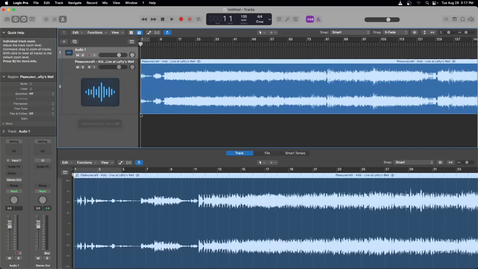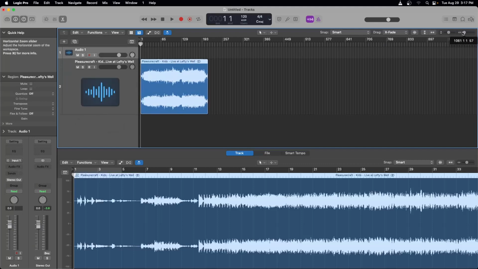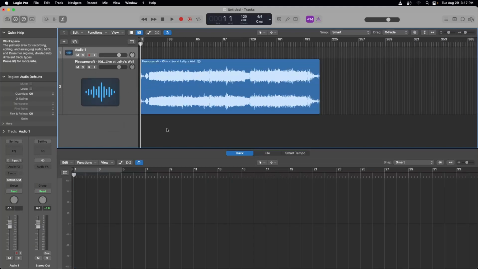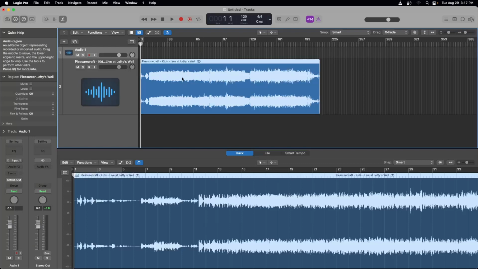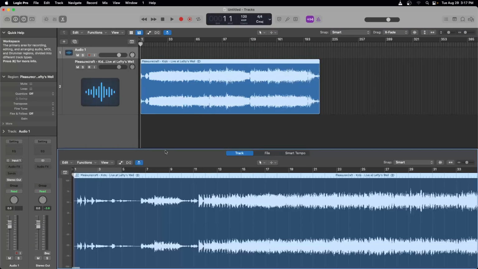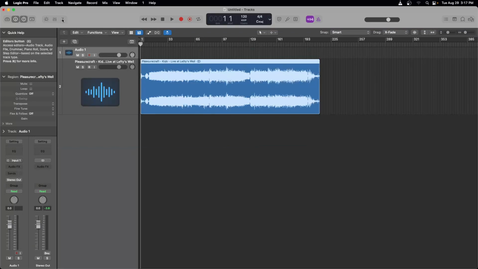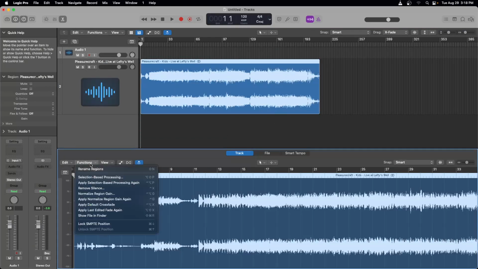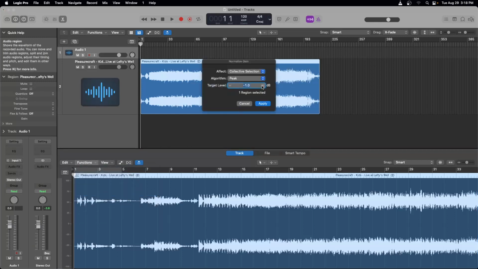And the first step we're going to do is normalize the audio. And then puts it to 0 decibels. So I'm going to open this track up by double clicking on it or clicking on this little scissor button up here. I'm going to go Functions, Normalize Region Gain. I'm going to click this. And I'm going to set the target level to